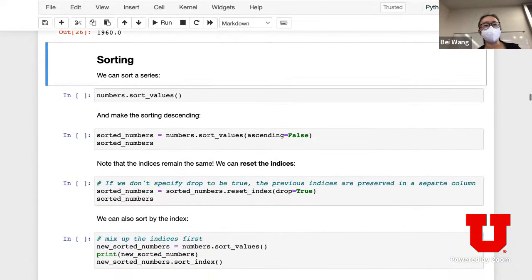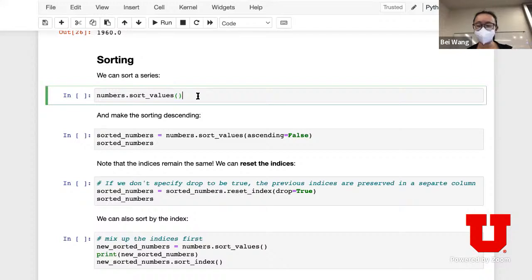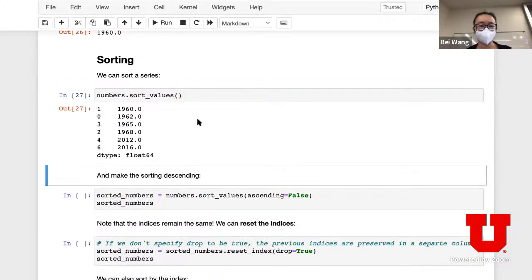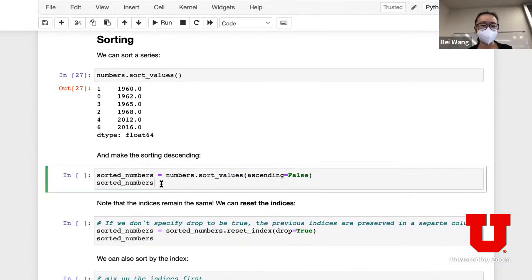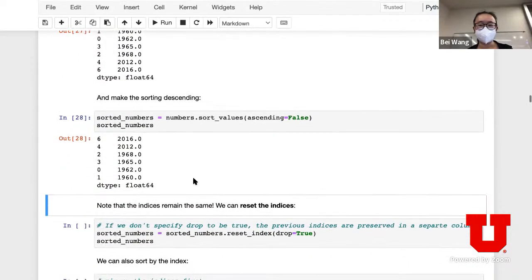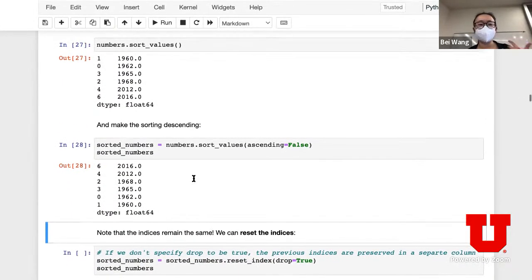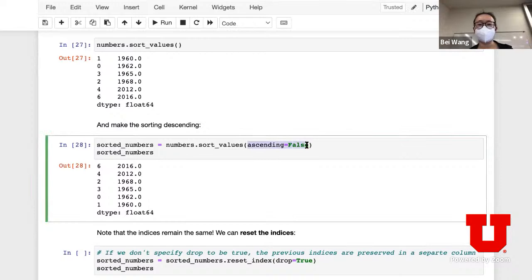Now, the next thing you want to do is sort, okay? If you automatically just call sort without any argument, it's going to sort from smallest to largest. What's interesting about it, notice what happened to the key. The key is permuted together with the key-value pair, okay? And of course, the next question is how do you do a descending sort? If you want to do a descending sort, you just put this parameter to say ascending is equal to false, okay?